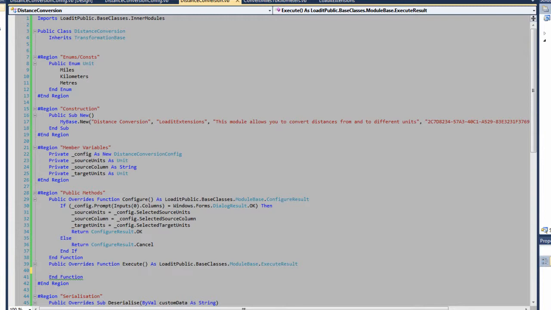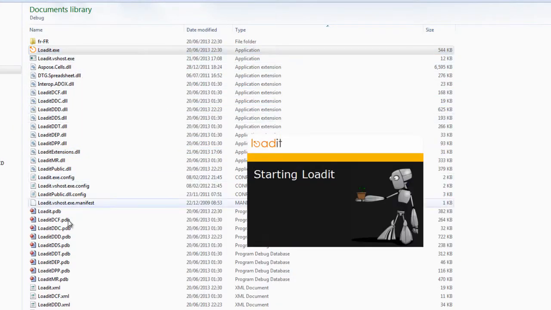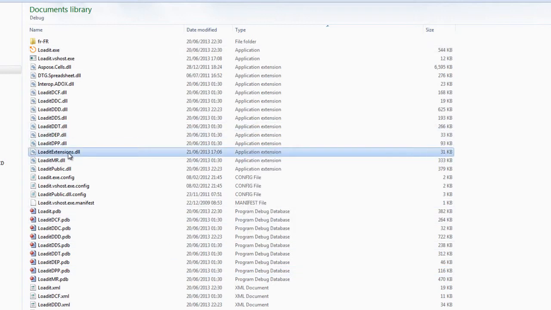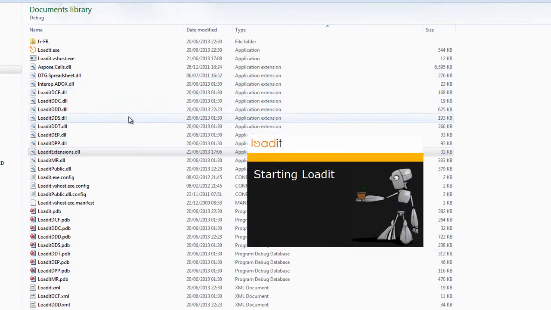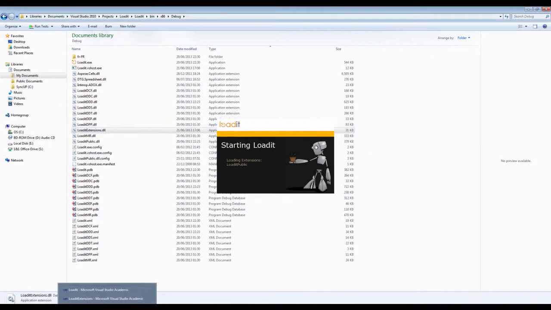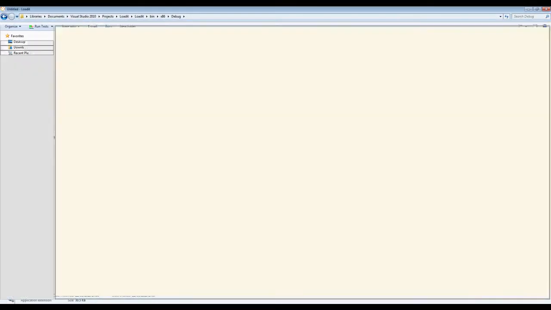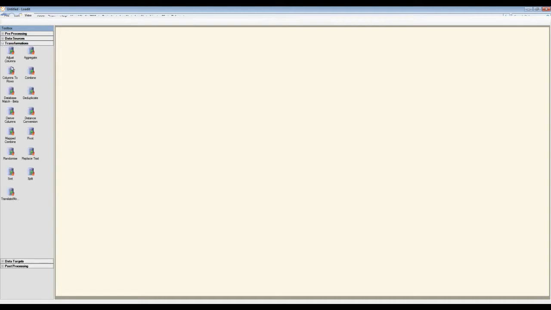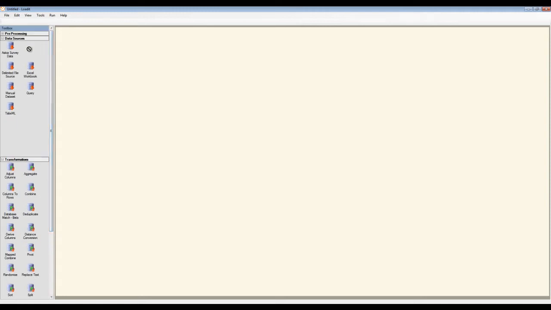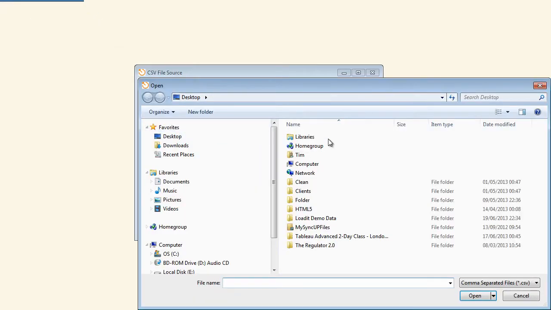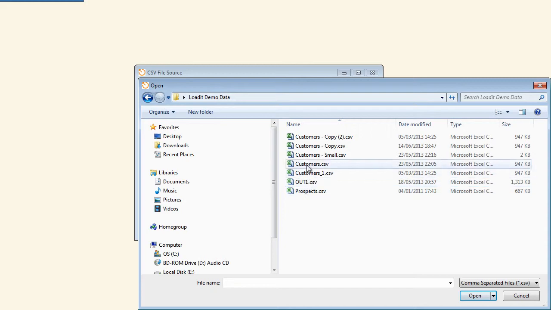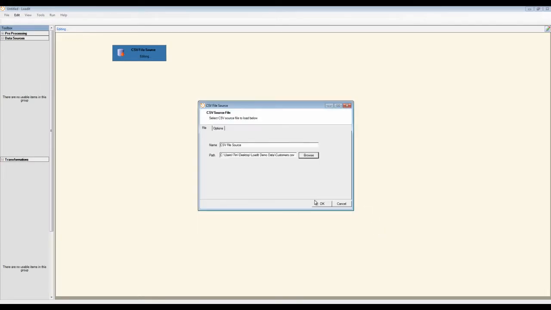So if we build our solution and we put the extensions DLL next to the executable, so that's the extensions DLL that we've just created, when we run Loadit we should see that it picks up our extension and finds within it the module that we've just created, and we can see that now appears within transformations. So we pull in some source data for transformations to use. I'm going to use our trusty old friend, the customer's data,